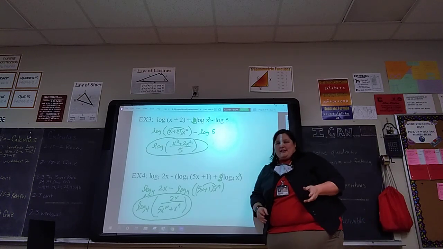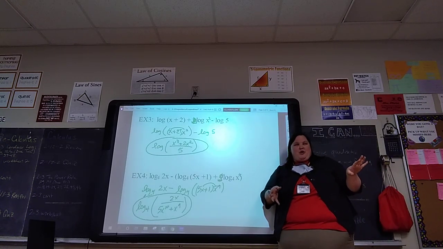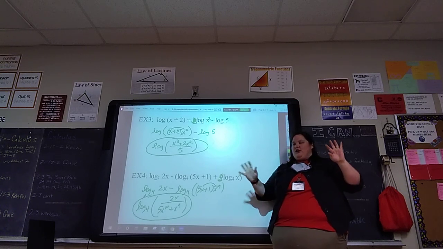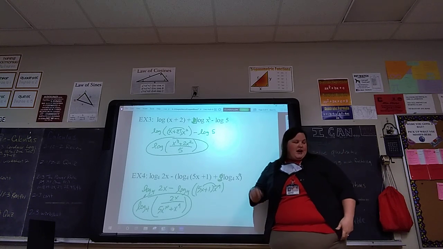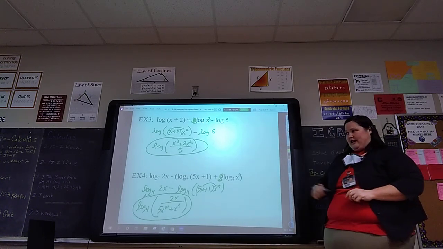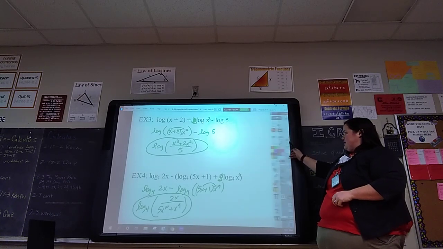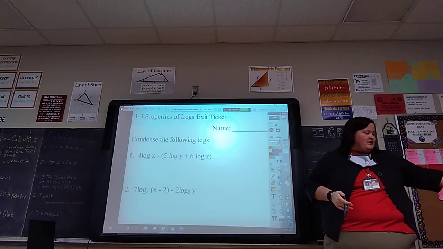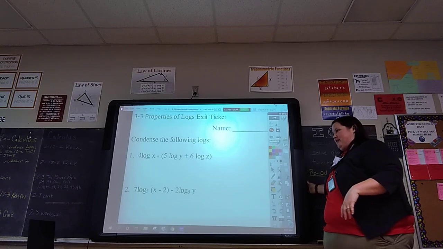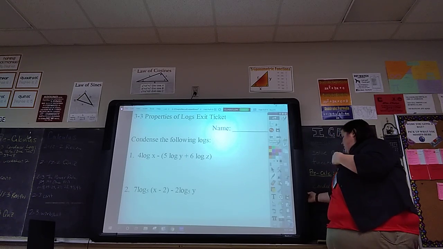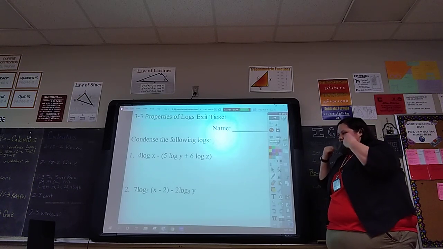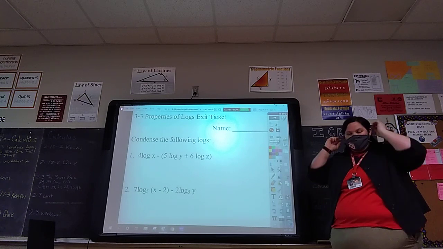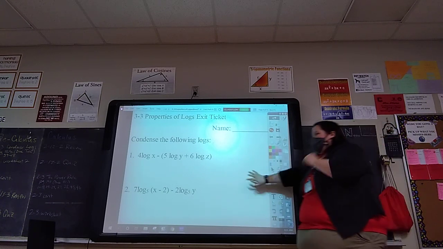So we do have a little exit ticket. I just didn't get it attached to your note paper, so you can just use your own half sheet or whole sheet of paper. I want you to do 2 quick ones, and then I'll hand out the assignment, which does come from the book, because that's why there's a page number in the note sheet. Okay. So 2 quick conventions for the little exit ticket. So just get a half sheet or whole sheet of paper and work on these 2, and then I'll hand out